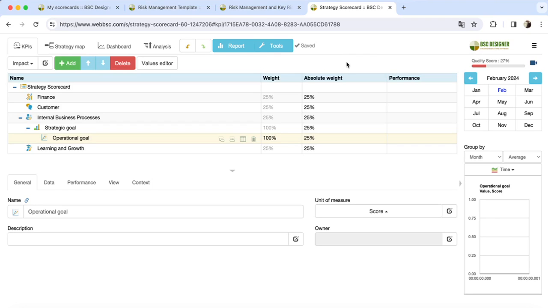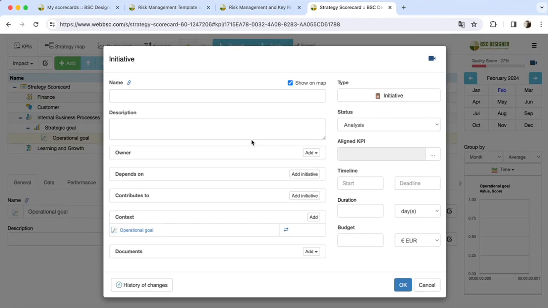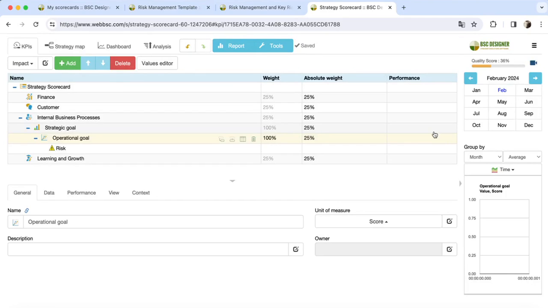Here's how to do it using BSC Designer. Select a goal, click on the Initiatives button, change the type of the item to risk, and include relevant details. Additionally, you can assign a stakeholder related to this risk. Now you can add an indicator to quantify the risk mitigation plan